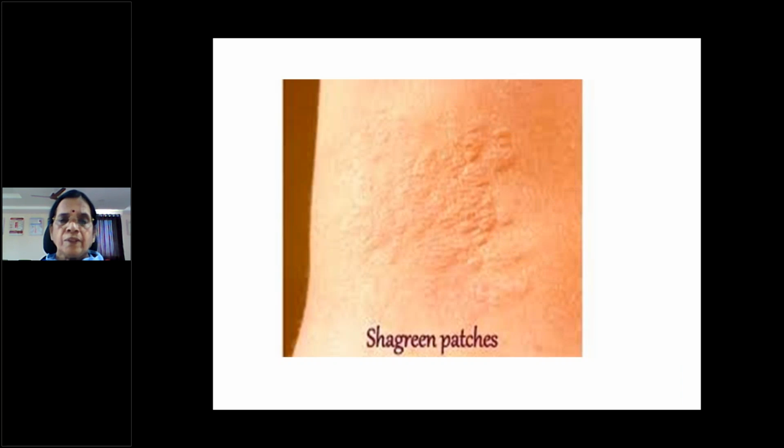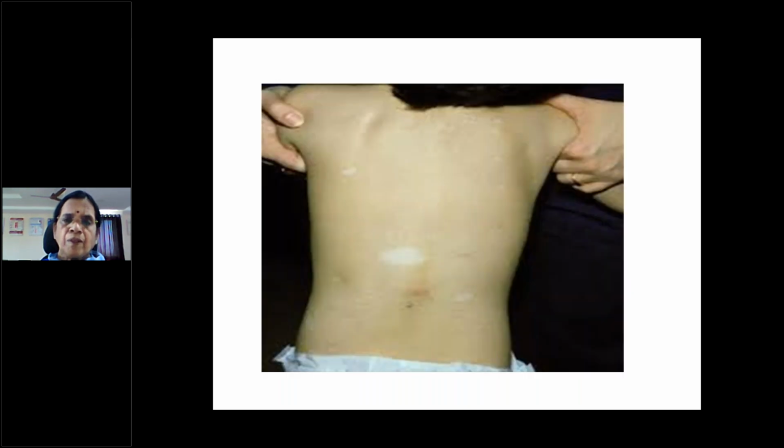So this is one picture showing a hemangioma. You can see the reddish discoloration; that is a capillary hemangioma. So you can expect the same person to come with an epileptic attack. Similarly, hemorrhagic lesions like these can be there in the brain also, you have to think of it. Next, Sjagren patches, where you can get tuberous sclerosis. So this is a typical picture of a Sjagren patch.